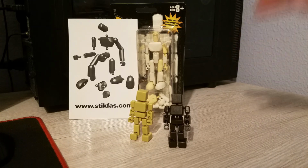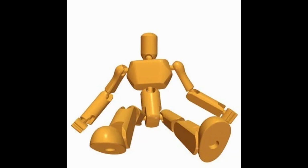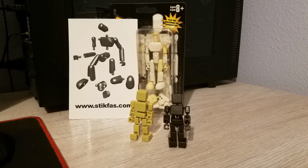So before this guy, I got a G2 lime green alpha male. A lot of the joints broke on that. Then I got a G1 male, which the joints were a lot better with that version. However,